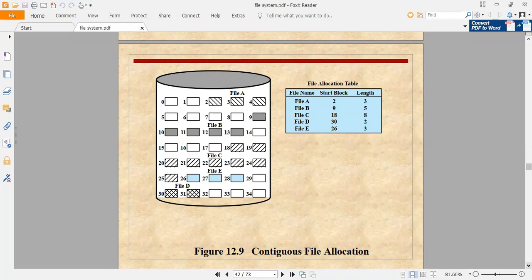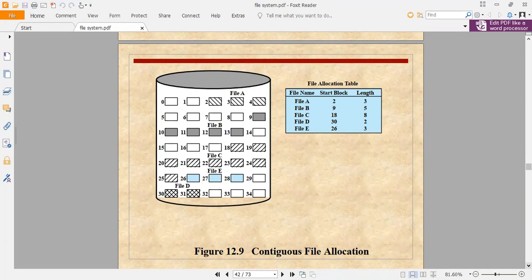Moreover, the contiguous allocation problem can be seen as a particular application of the general dynamic storage allocation problem, which involves how to satisfy a request of size n from a list of free holes. First fit and best fit are the most common strategies used to select a free hole from the set of available holes.